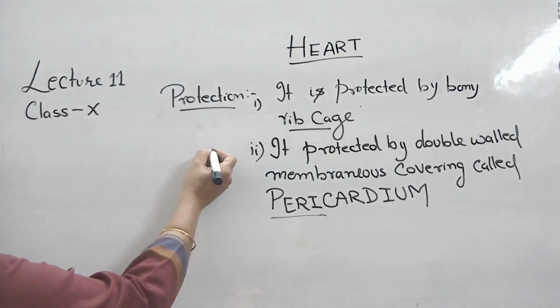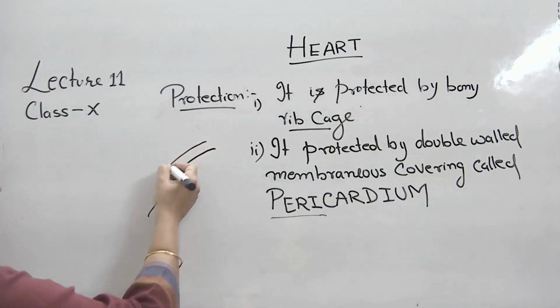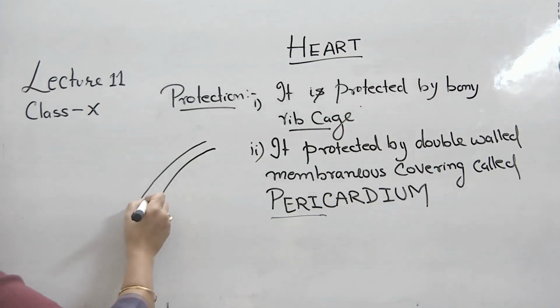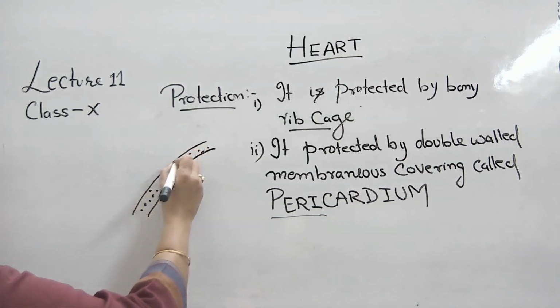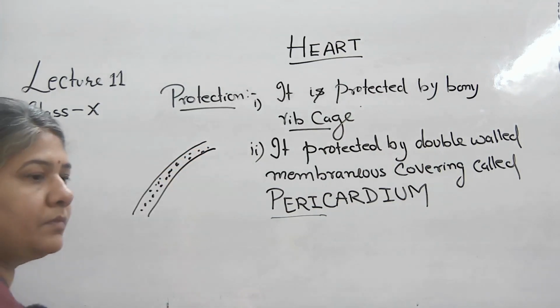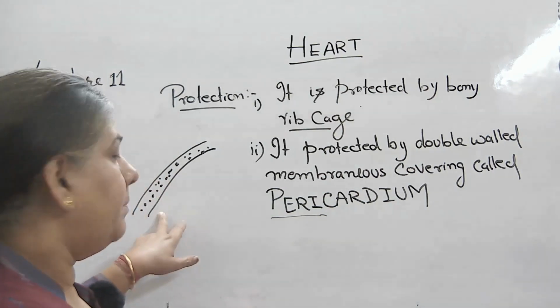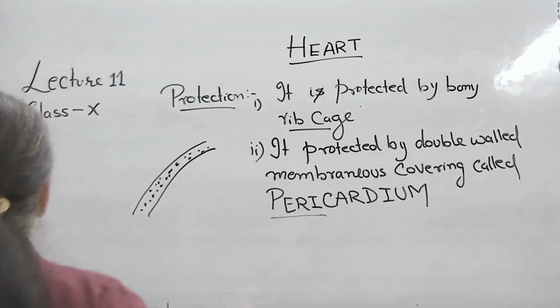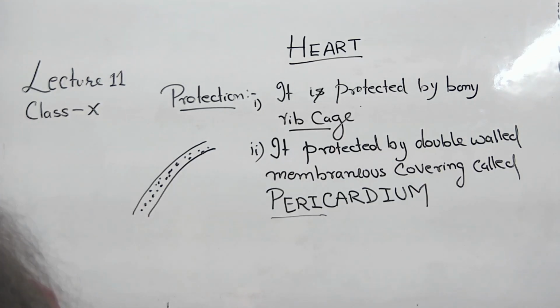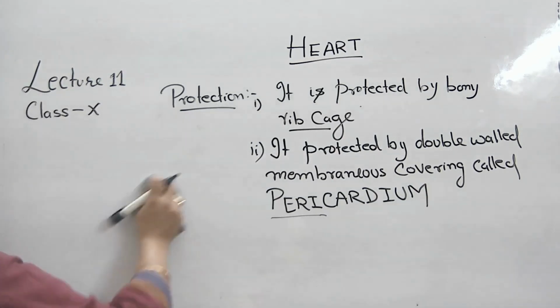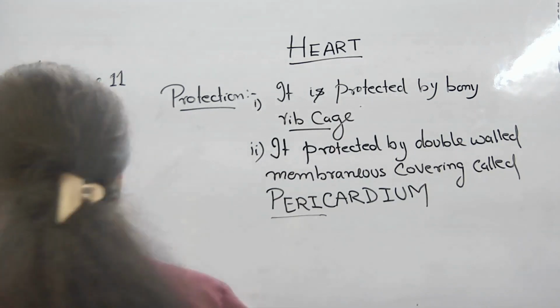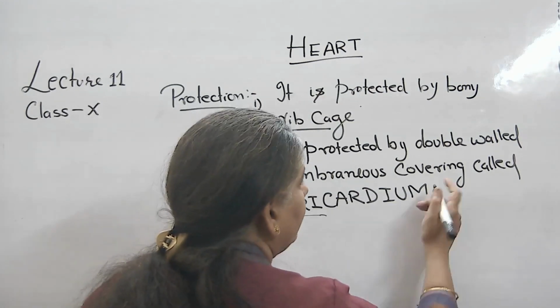So it is a double layered, just like this, and it is filled with fluid. So this fluid is called pericardial fluid. So you may write down, it contains pericardial fluid